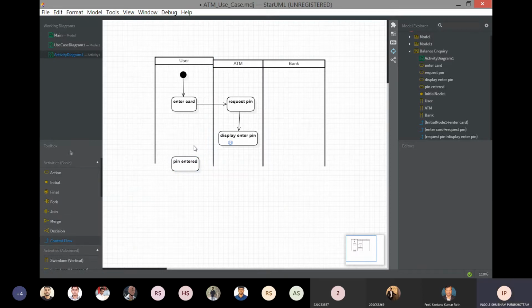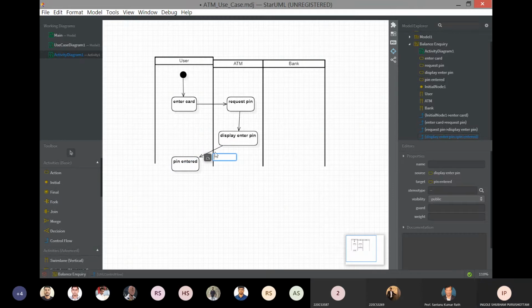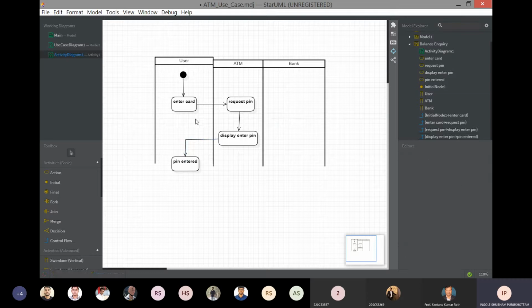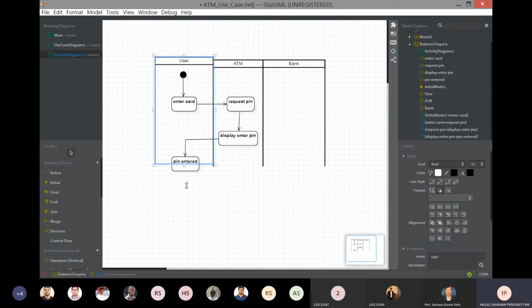I will select the control flow. You can just increase the size of the swim lanes. It's not sufficient.